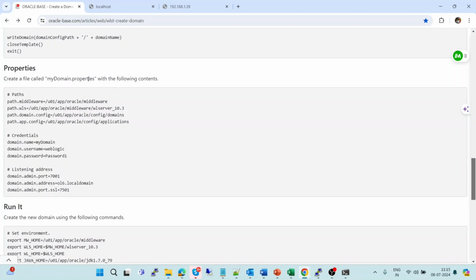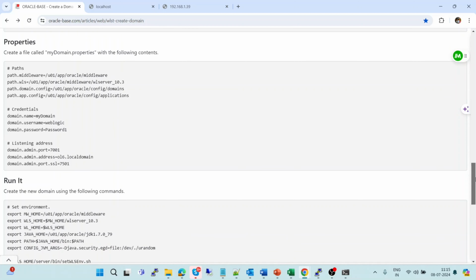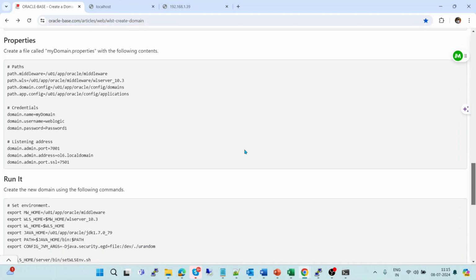That's the property file where we will define all the properties which we are going to use to create the domain, like the middleware path, WLS path, domain path, application directory path where our application will be hosted, and your admin server detail, domain name, and admin server host name, IP,